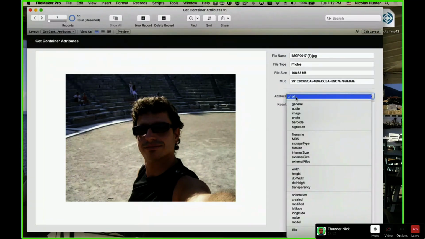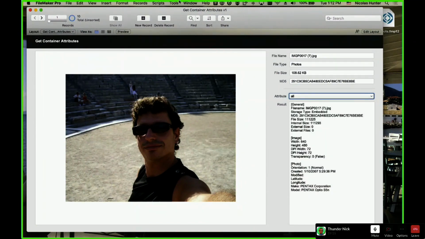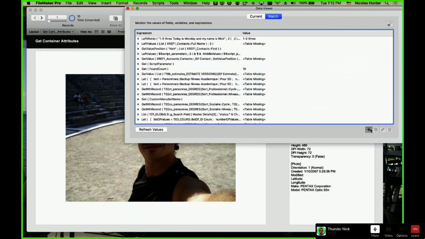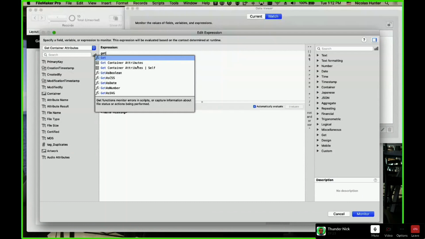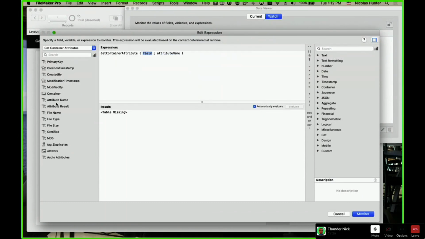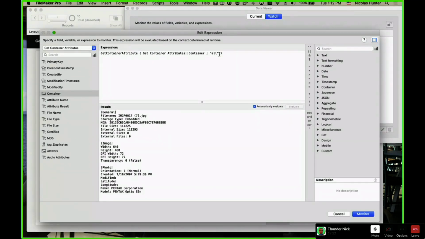When you ask for all attributes, you type get container attributes, you say I want this field, and for the attribute name, in quotes, you say all. You have this. Obviously it's an image, and it's a photo, because that's the difference between the two. You can have images without them being photos, and I'm going to show you why.